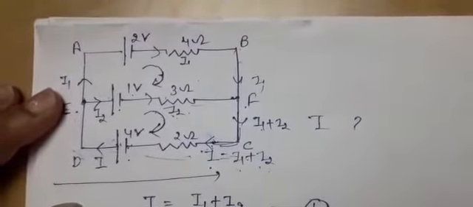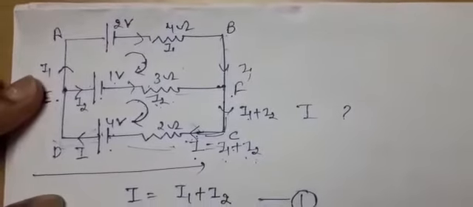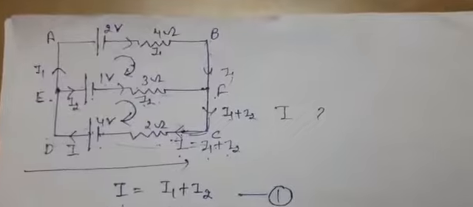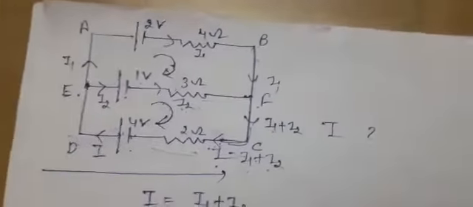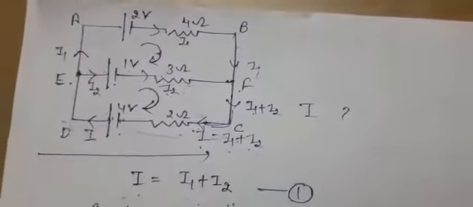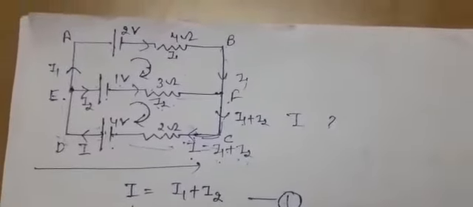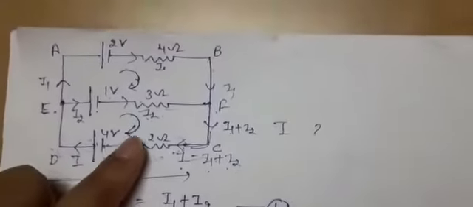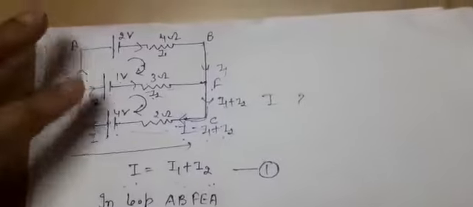So the basic concept is to choose a loop. Various chances of mistakes arise when students take the loop and don't take care of the sign convention. So be careful. If you are applying them correctly, then solve the equations carefully. Here there can be a question: find the current flowing through the 3 ohm resistance or through the 2 ohm resistance. I have taken I1, I2 and I. Anything can be asked in order to check it in a different manner. So this is the problem we have discussed.